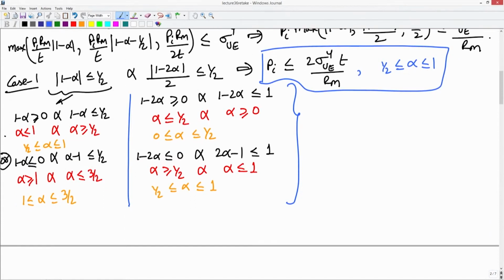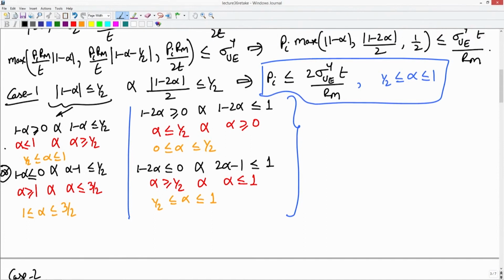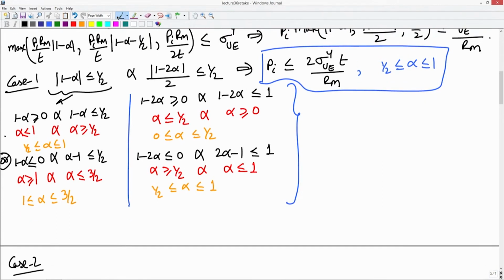You have to consider the next case. Case 2 would be when I want... now I have ensured that half is now the greatest of the quantities that I have looked at. Next I will ensure that (1 minus 2 alpha) by 2 is greater than any of the other 2. In which case the condition would be: absolute value of 1 minus alpha must be lesser than or equal to absolute value of (1 minus 2 alpha) by 2,